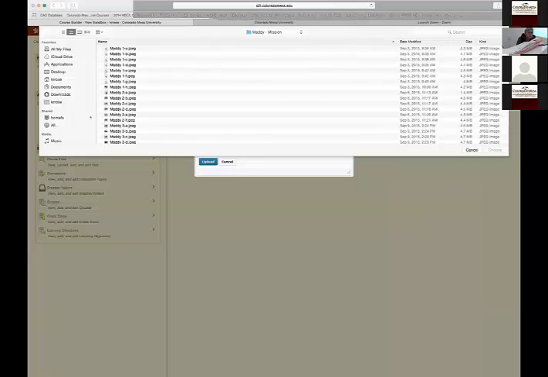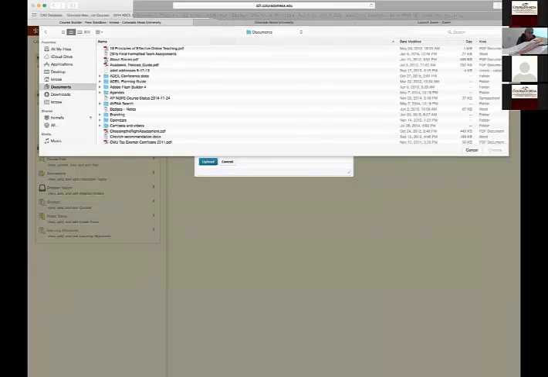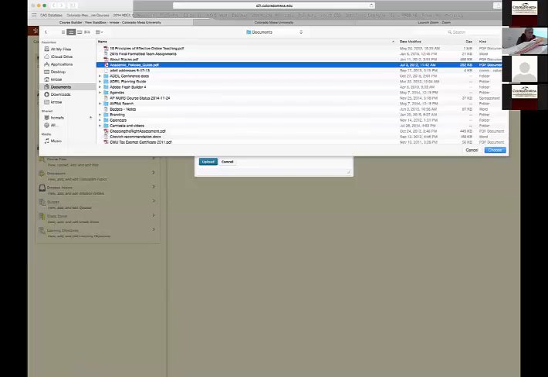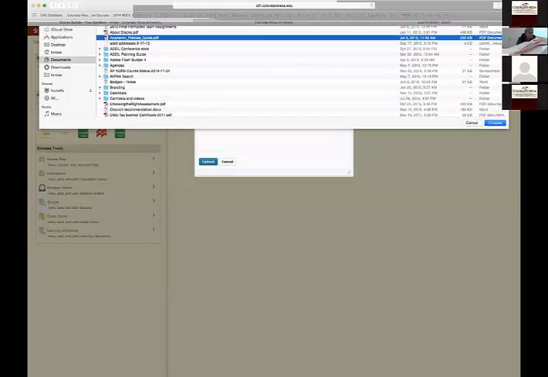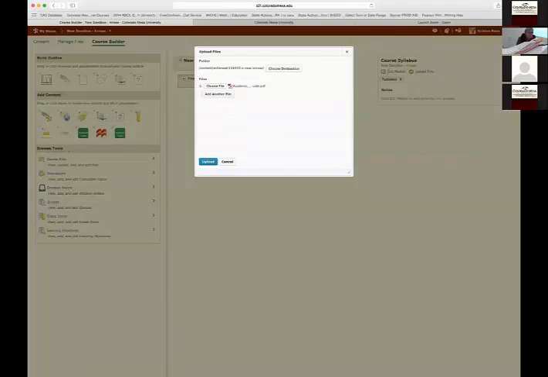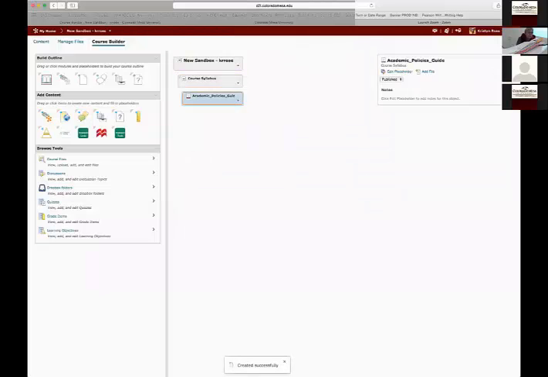Oh, these are all pictures. So I'm going to pick a PDF file. Upload. And now you see that the file is uploaded and highlighted. Underneath, it's indented slightly, so it's underneath my module. And if I return to the course homepage,